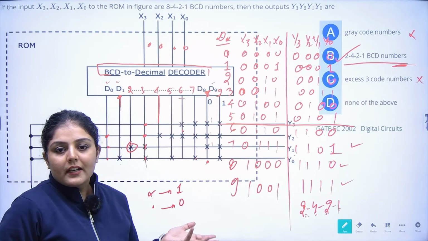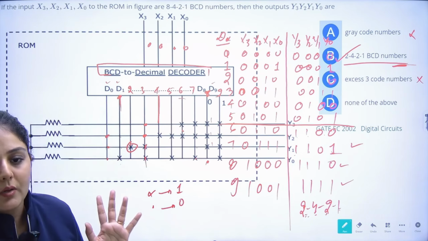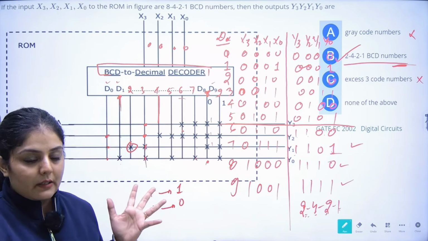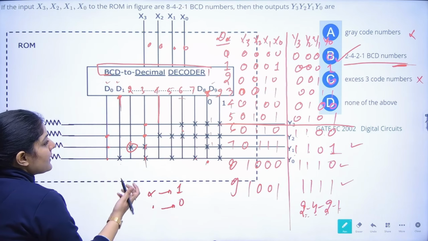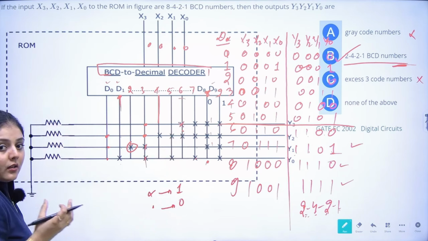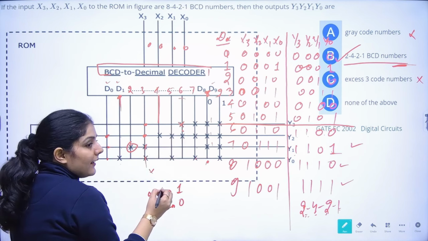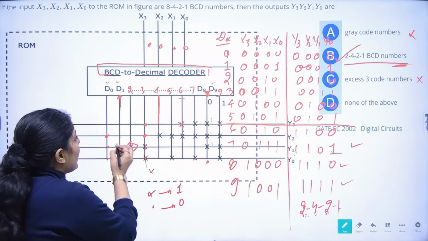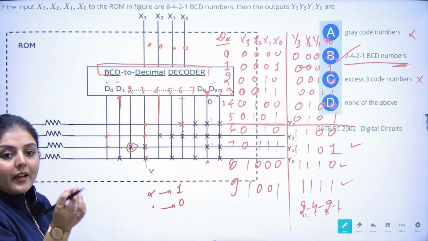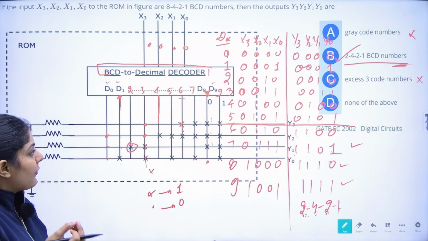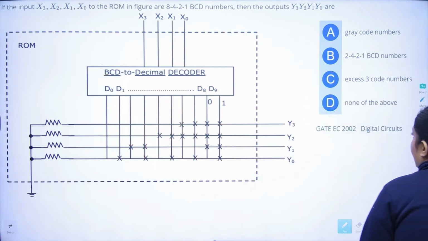So whenever you are getting confused in digital, what you do is just make the table. When you make the table, everything gets clear, right? In this ROM, how are we accessing? So this is how a typical ROM circuit diagram looks like. Whenever there is a cross, that means it's connected. Whenever it is not a cross, that particular part is not connected, so that will give you value 0. And whenever you see a cross, that will be equal to 1. Right. Next question.